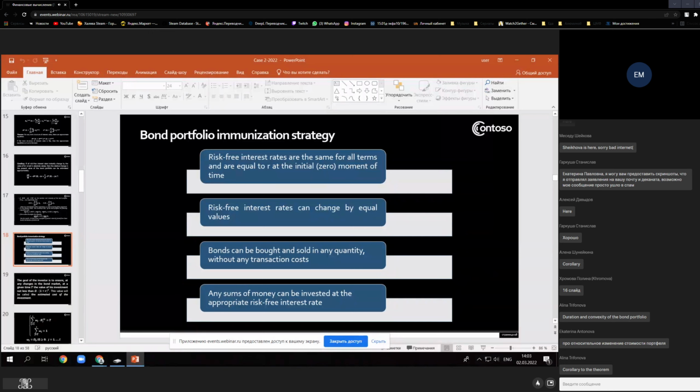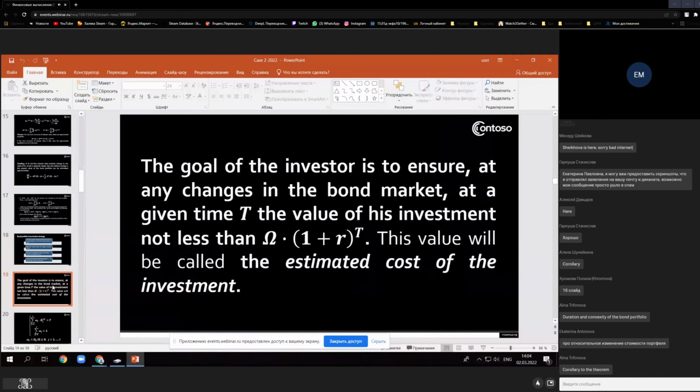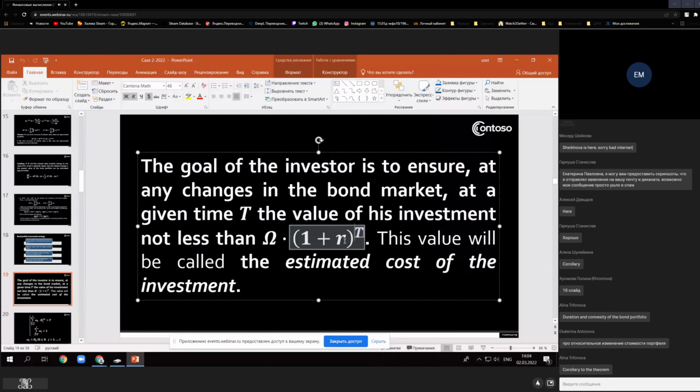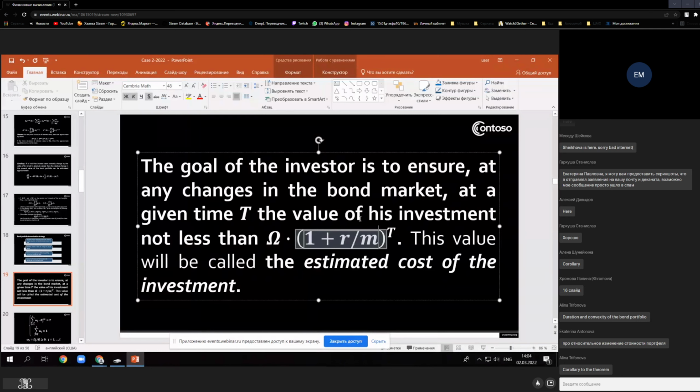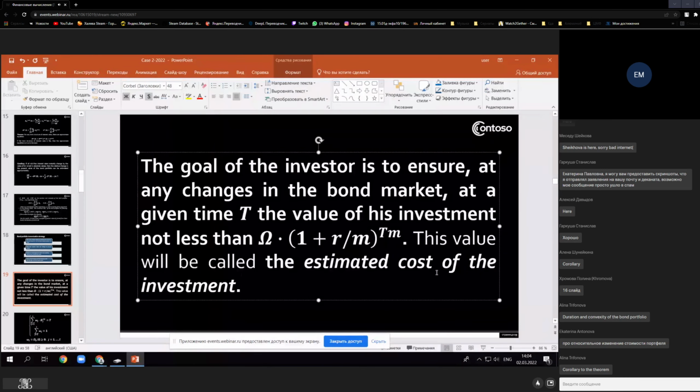Okay. So let's move to the next slide. And what is the goal? We are putting forward, actually, we are estimating the goal of our investment. Actually, here we should make some changes like this. In case we're investing n times per year, actually here it will be like this. And we want to get the sum